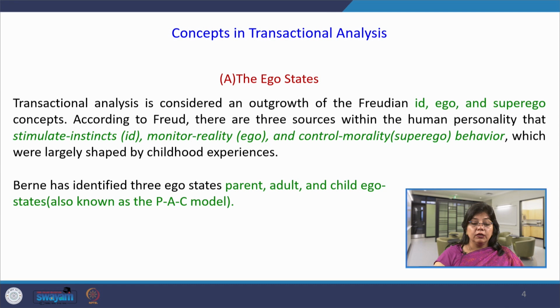The other is ego, which deals with monitoring the behavior and testing the reality. We need to understand the rules and regulations of the society and then function accordingly, what is acceptable in the society, and we tend to tune our own behavior in that direction. This is ego. It is actually the monitoring aspect or the reality checking of an individual's behavior.